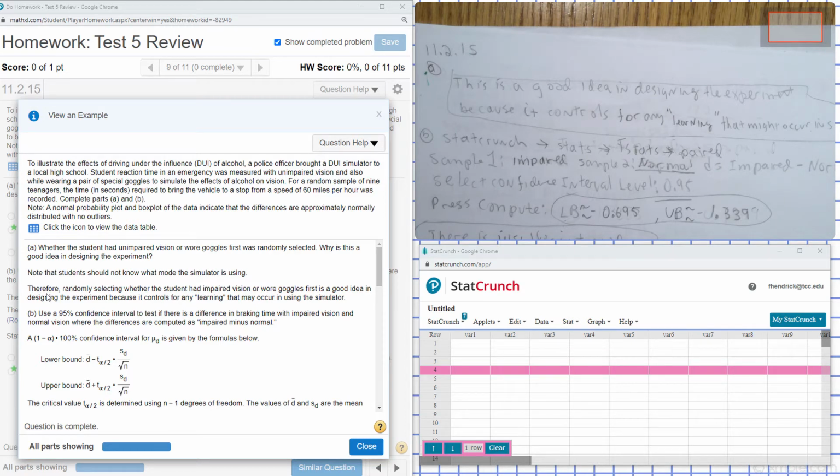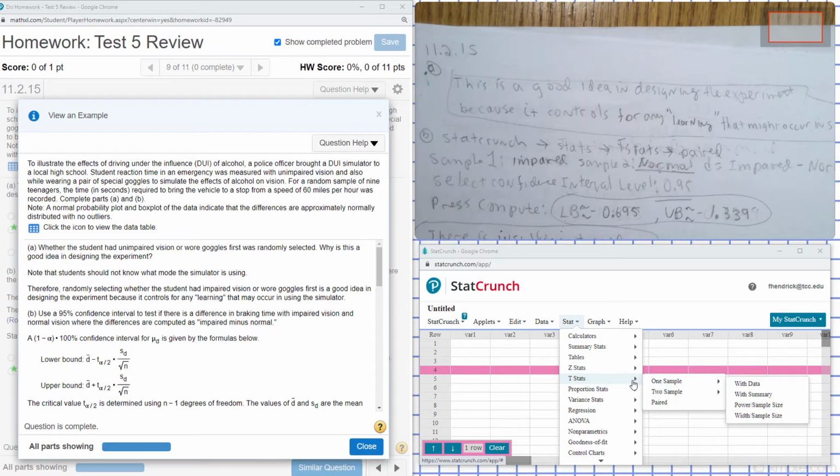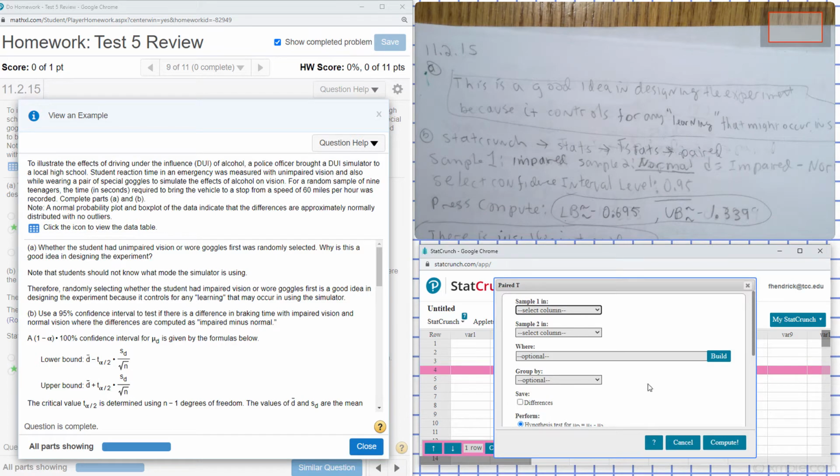Okay, that's part A. In part B, they want us to use a 95% confidence interval to test whether there is a difference in braking time with impaired vision and normal vision, where the differences are computed as impaired minus normal. So what we can do here is go into StatCrunch, hit Stats, go to T Stats, and then select Paired. Since we have impaired minus normal,